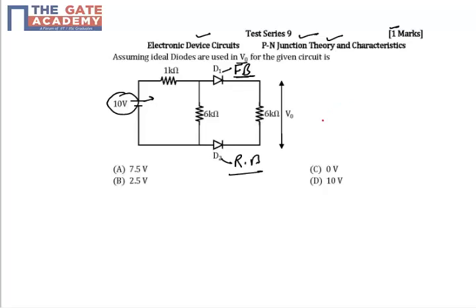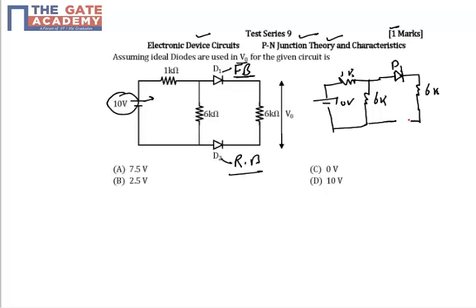Okay, so if D2 is reverse biased, the effective circuit will be something like this: 1k, 6k, 10 volt. So initially diode D1 will try to be forward biased, then you will have a diode D2 which is reverse biased. When the diode D2 is reverse biased, there will be no current in loop 2. If this is loop 2, then there will be no current in loop 2. So if the current in loop 2 is 0,